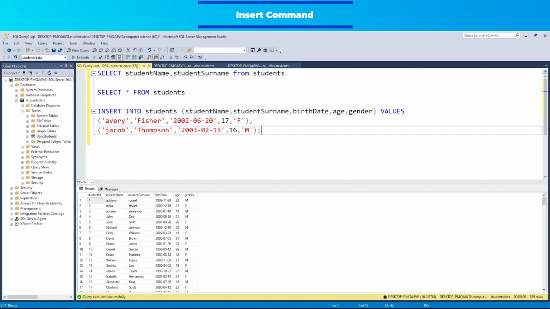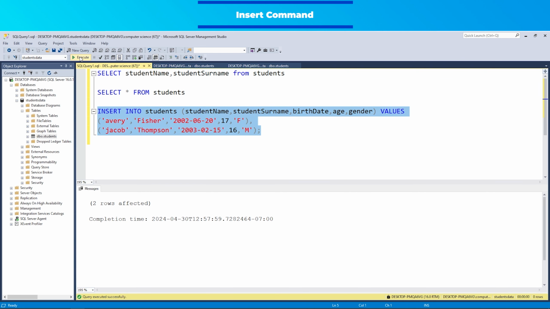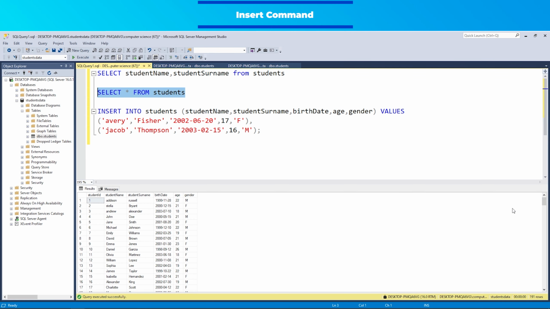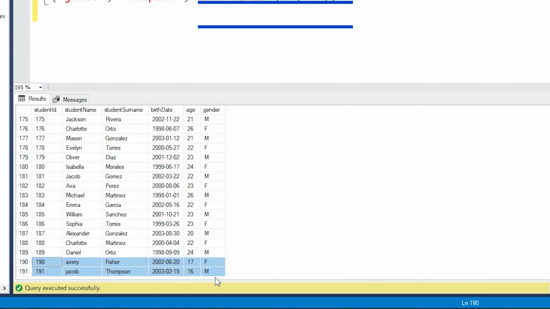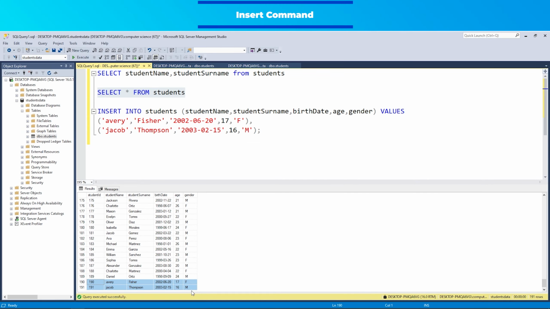After executing the query, you can view the result of the query in the messages section. Alternatively, if there is an error, you can see the error related to the table name in this way. I can query the entire table to see that my data has been added by scrolling to the bottom.